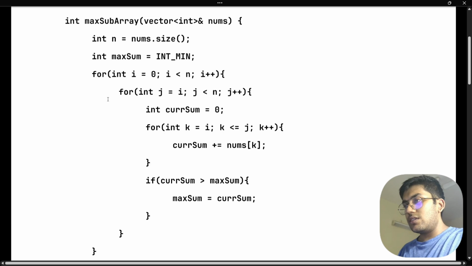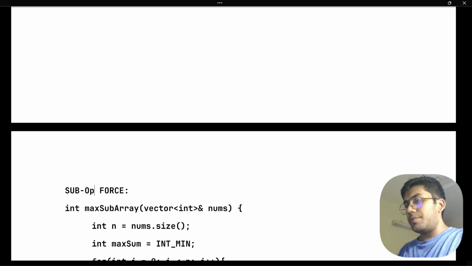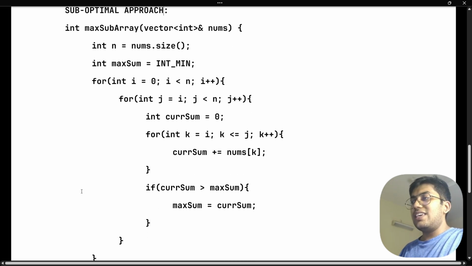Okay, so brute force, sub... I'll say suboptimal approach. So what is it? So suboptimal approach. Now I'll keep this whole thing together, and if you observe, rather than calling the sum function inside this for loop,